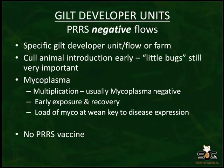As we repopped all those sow farms, we made negative nucleus and negative multiplication. And where would you put multiplication? You're going to put them way out where there's no pigs, right? And so they've stayed PRRS negative, they stayed myco-negative. And now you take those replacement gilts, and at that time you said, hey, we've got a myco-negative, PRRS negative gilt, we'll take that select weight gilt and we'll just flow it into these sow farms that turned what? Myco-positive, PRRS positive. And that was an absolute recipe for disaster for PRRS, but also a huge recipe